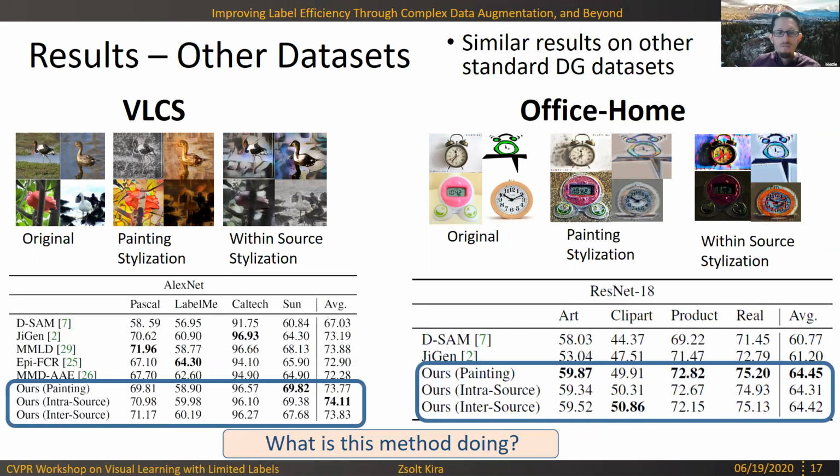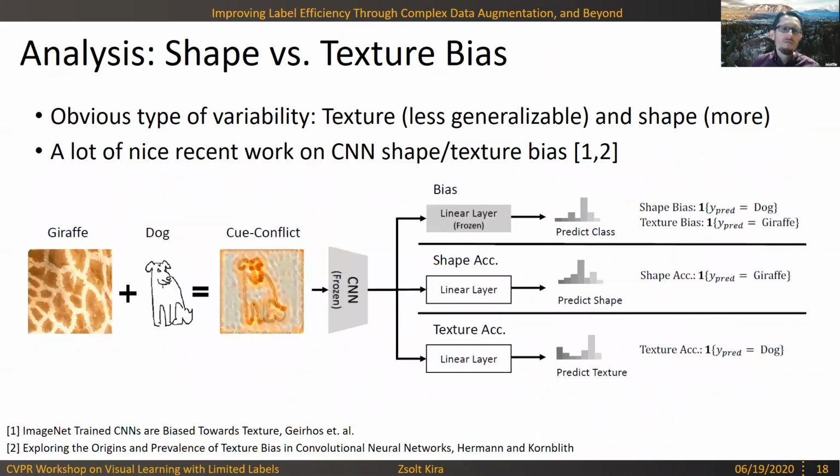So there's a question of how can we understand what this method is doing? We can leverage a lot of the related work that has looked at shape versus texture bias. Obviously, one of the key forms of variability that we can understand in these data sets is texture. So what we can do is try to ascertain: does our form of data augmentation through stylization affect this texture-shape bias? The way we do this is a little bit cumbersome, but what we do is